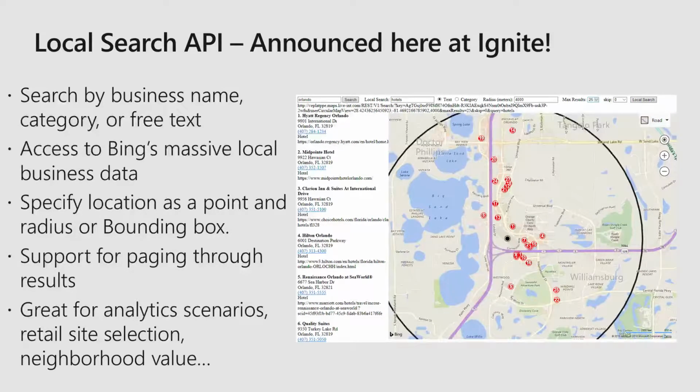Think of how many applications, analytics, retail site selection, things like that you might not think of. If you want to open a car wash and you're trying to figure out where should my next car wash be opened, this data makes for a great tool in that analytics system. So you could see where your competitors' car washes are, where your car washes are, where complementary businesses are, and then you can do some what-if analysis